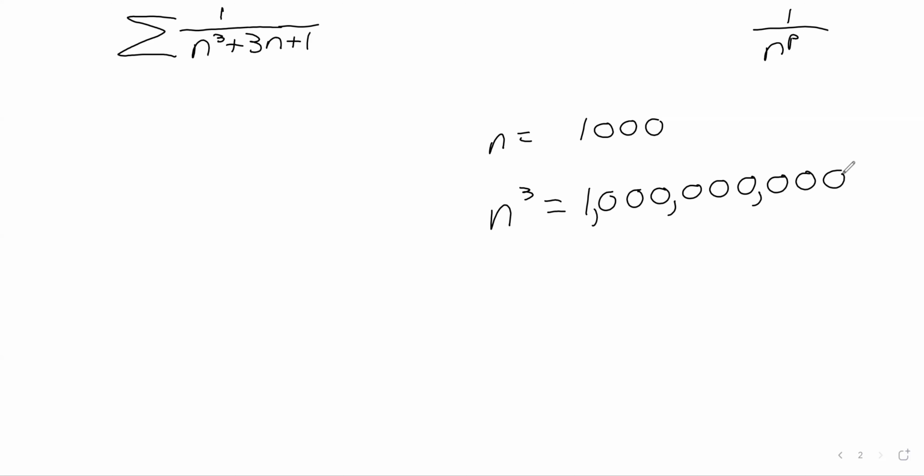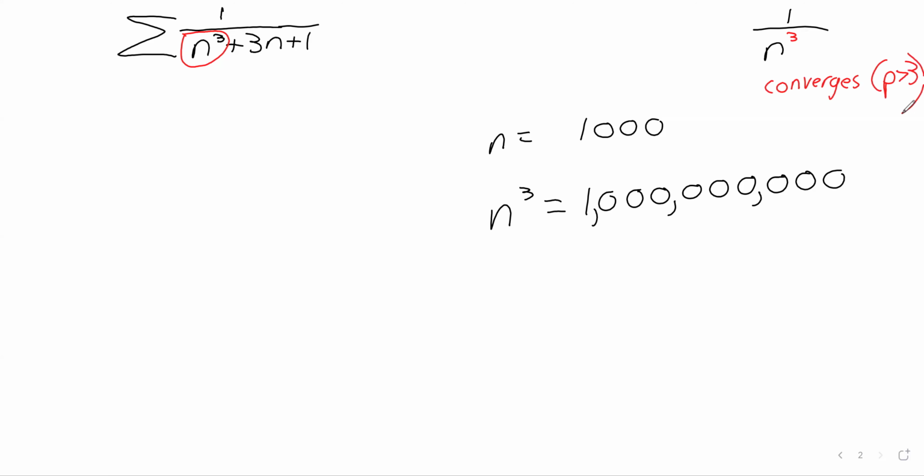So when we look at this series, we think, well, the n cubed, that's the really important part. That 3n, that 1, neither of those are doing much compared to the n cubed. And 1 over n cubed is a P series, and it